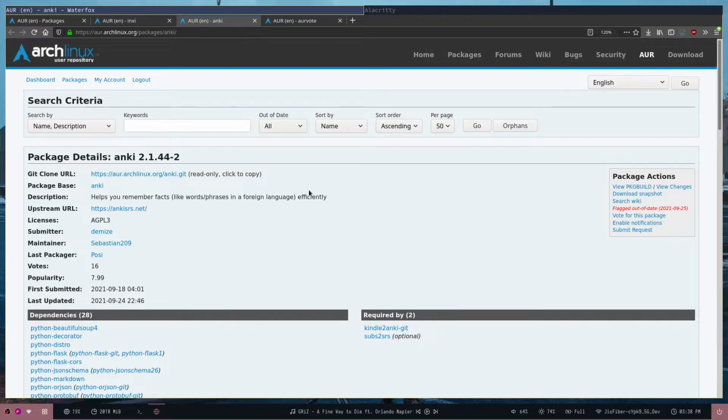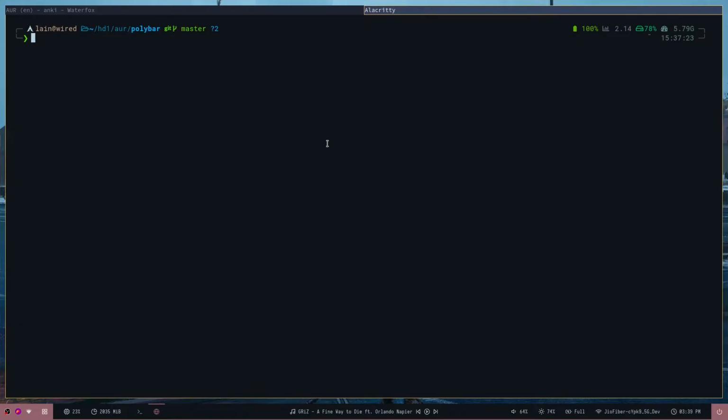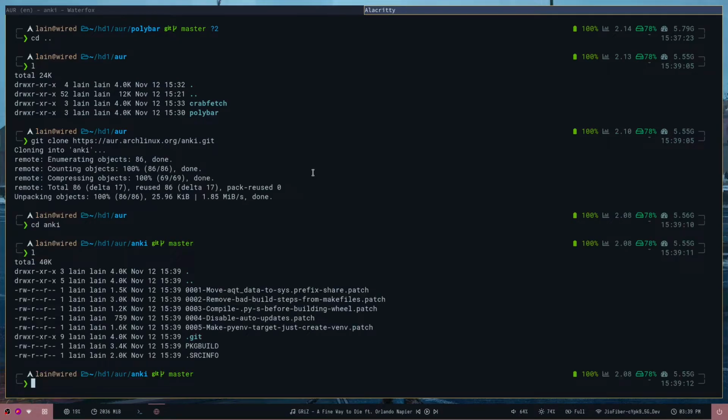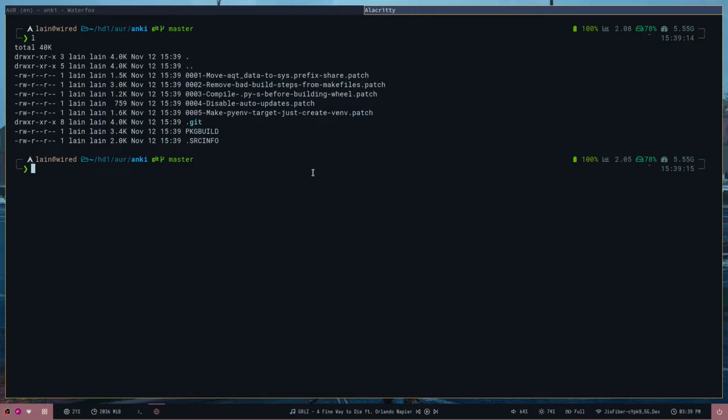Let's install another package. This time I'll show you how you can remove the unneeded dependencies after the package has been built. Copy the HTTPS clone link. I've copied it. Let's move to a new folder. We'll run makepkg again. This time I'll pass the -r flag, that stands for rmdeps. This will remove the unneeded dependencies after the package has been installed.